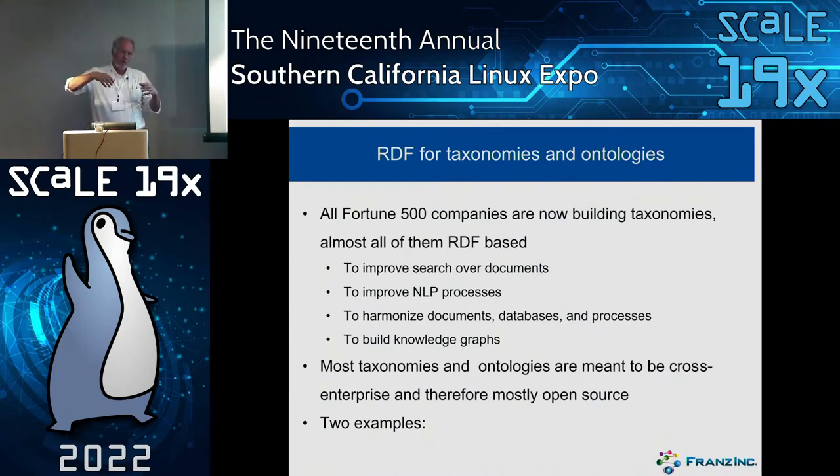So within companies, people make these taxonomies and ontologies, but also in a particular enterprise domain or field, people need ontologies, like in healthcare, right? Or in a bank or pharmaceutical industry. So there's actually big efforts going on cross-enterprise where people say, okay, building a taxonomy of all the important words is something that I don't get any competitive benefit from. Let's just all work together so we can share data, right? And so there's a lot of efforts going on right now in all kinds of domains to create